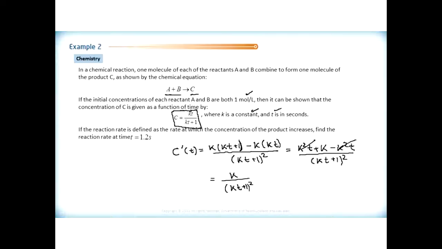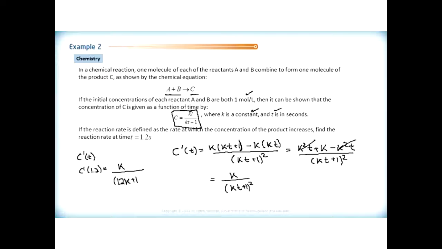squared. And what we've done is we've taken the formula for the concentration of the product in our chemical reaction, and we've used it to write a formula for the reaction rate. So the rate of change of the concentration, or the reaction rate, we just found, so we want to evaluate that now at C prime at 1.2. So we're going to take k, which we don't know, and divide it by 1.2 times k